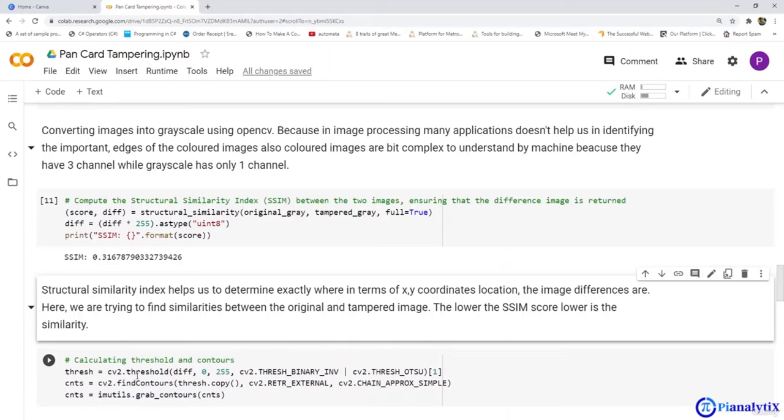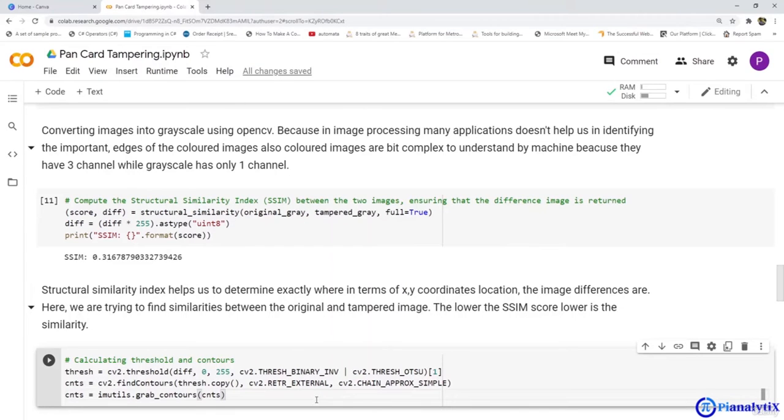Here you can see that in cv2.threshold, we pass the difference that we calculated above. Image size is 0 to 255, and we convert this into threshold binary, and similarly threshold OTSU. We'll save these values into the thresh variable and the contours value into the cnts variable. Now let's run this cell and save these values.